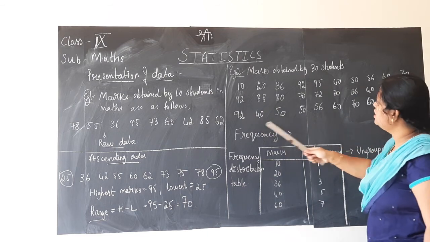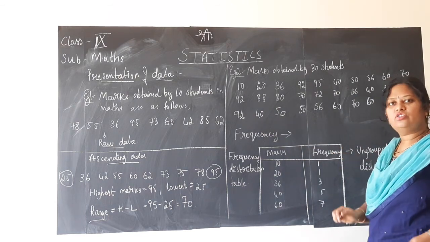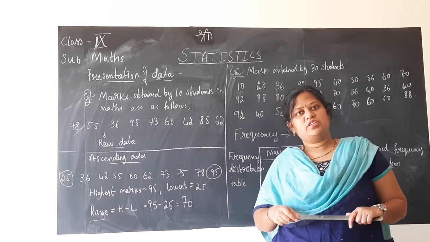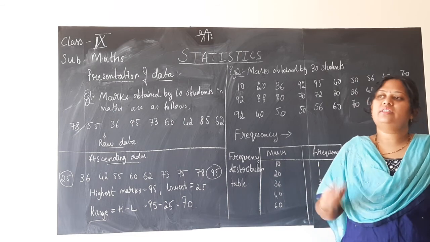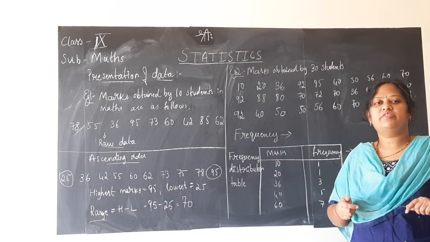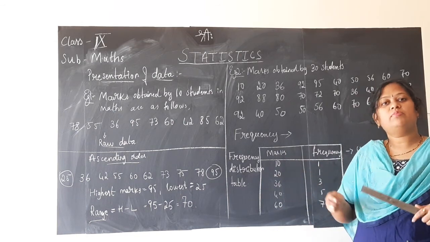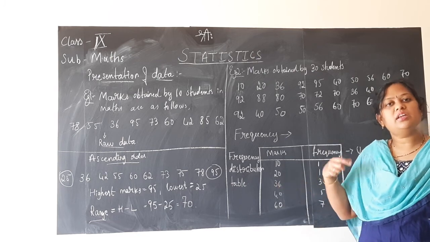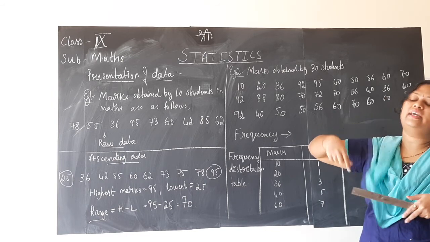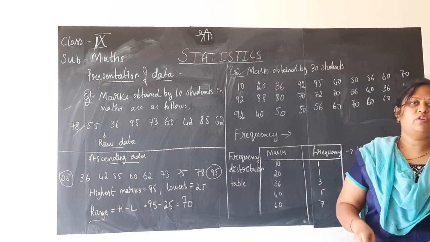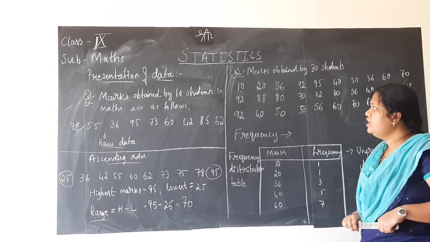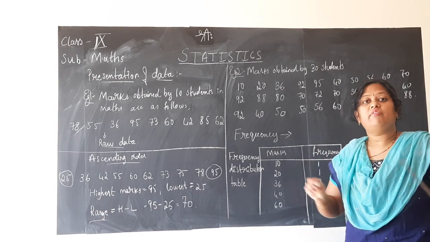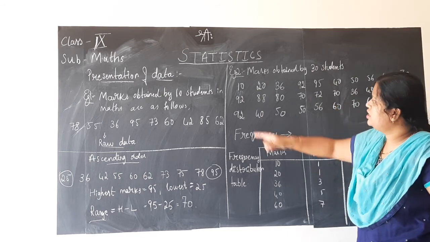But if you consider the marks scored by 30 students, children, it is not like only one person will get a particular mark in the class. There will be 2 to 3 students. The same marks, say 70 out of 80, may be scored by some 5 students, and 60 is scored by some 2-3 students. Like that, the same marks can be scored by many students. It is not like 80 should be scored by 1 and 70 by 1. No. Here, let us check how many students have scored 70 marks in the test among 30 students.